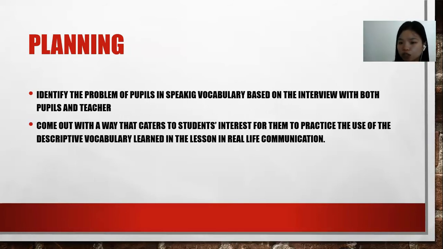Just like the question I've shown just now, I will be asking students what an ideal speaking lesson is, one that they feel they will be attracted to, will actively participate in, and would like to take part in. So from here, I'm gathering some information about their interest and their learning style. From here, I will start to plan a lesson, an intervention to be used in the speaking lesson in order for them to use it at ease. So here, I'm planning to use the SV board game, which they might feel interested in, to improve their descriptive vocabulary in spoken language.